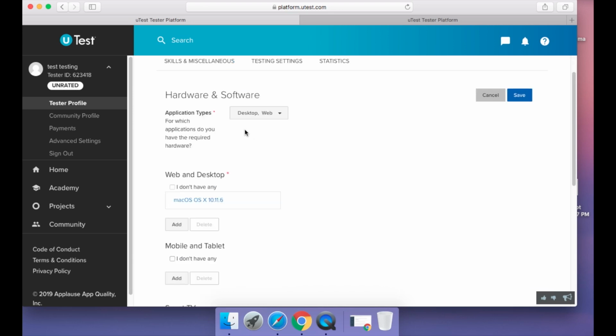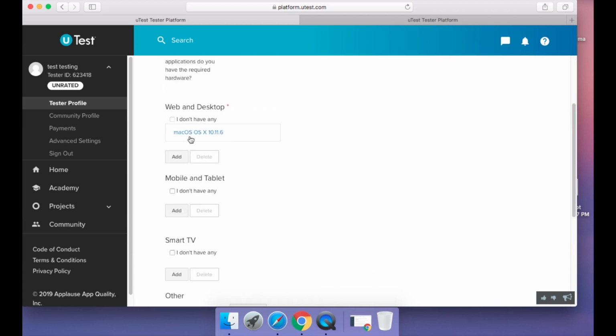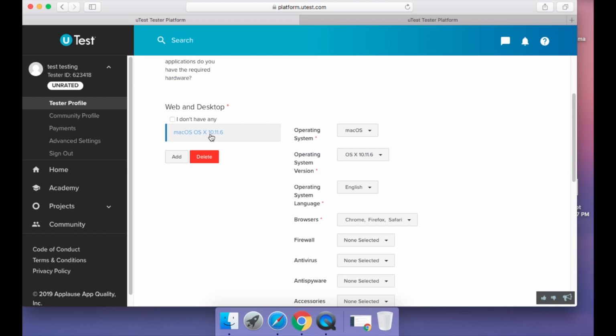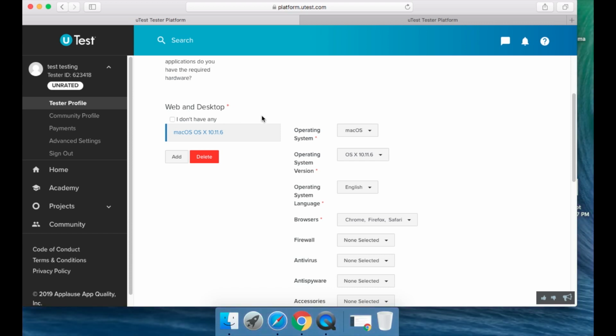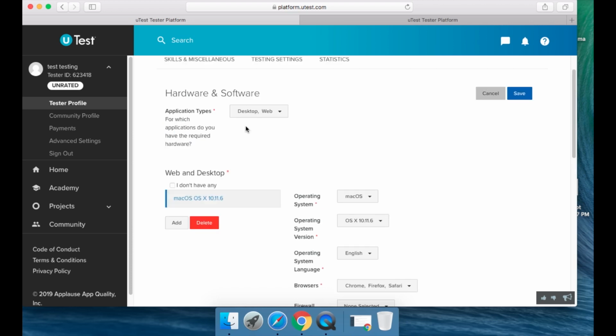Now, desktop hardware and software, you need to put everything you own here. Right now, this is on a Mac OS 10.11.6. I have a 10.11.14. Anyway, I really don't remember right now. But I have the latest one, so a different Mac from this one. If I show you a list of my devices, it's a lot. And also 10.11.13. So there are 3 different Macs I have access to for testing. And I use them very often.